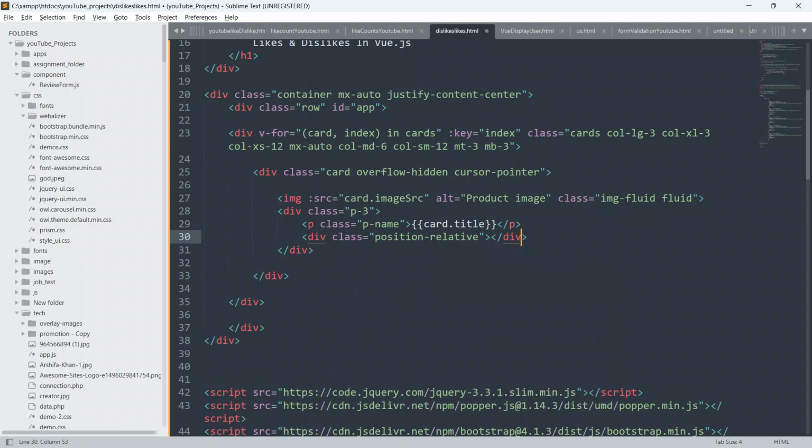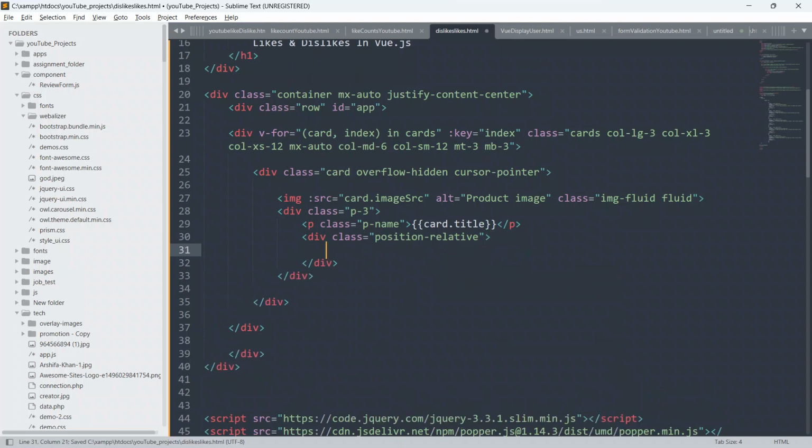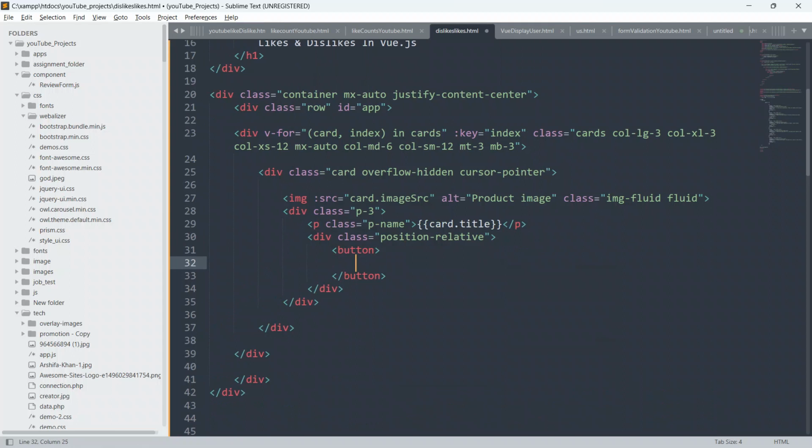Yeah, that's it. So close this div now, and inside this div I am gonna write a button element. So we have to write our button element also. So create a button element and close this button element first.